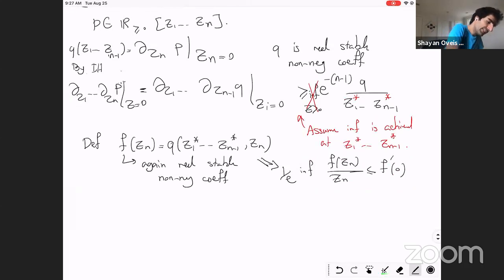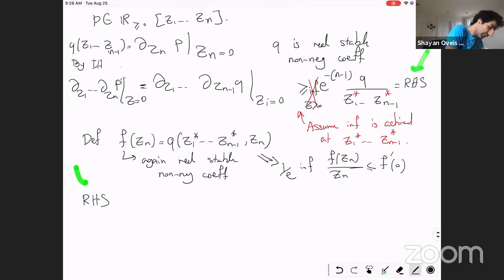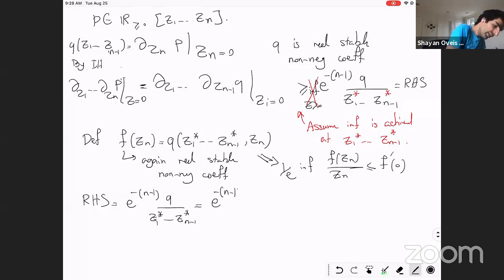Okay, so I know this about this f that I just defined. Now let's continue. The right-hand side that I have above, I can rewrite. It was equal to e to the minus n minus 1 q over z1 star all the way to zn minus 1 star. So this is really equal to e to the minus n minus 1 of f prime of 0 over z1 star up to zn minus 1 star. Right? Because q is really